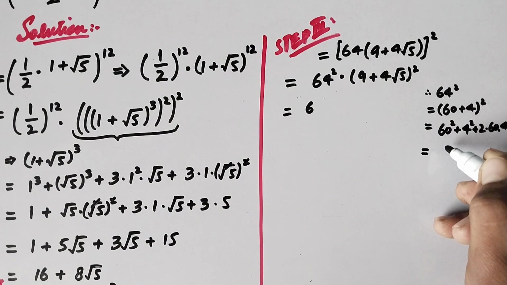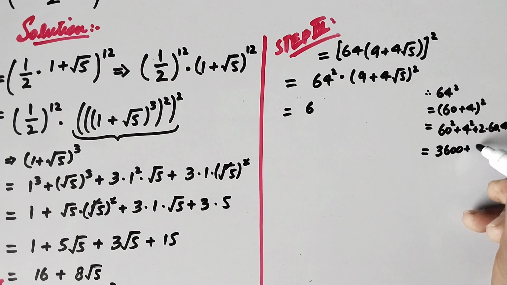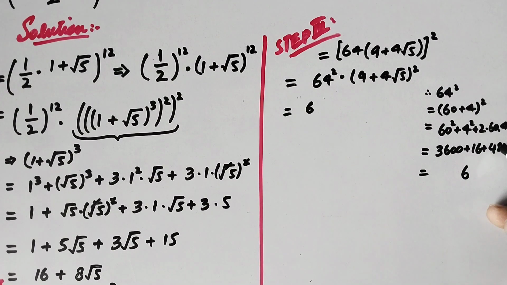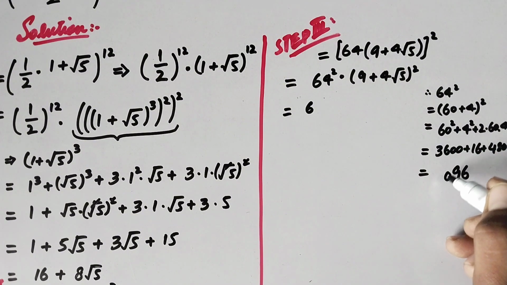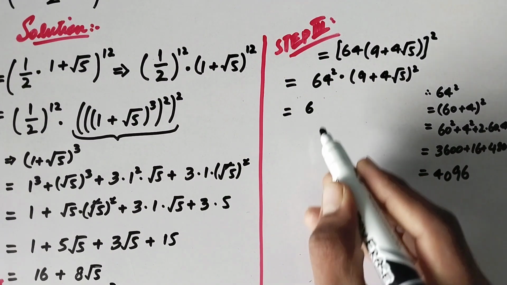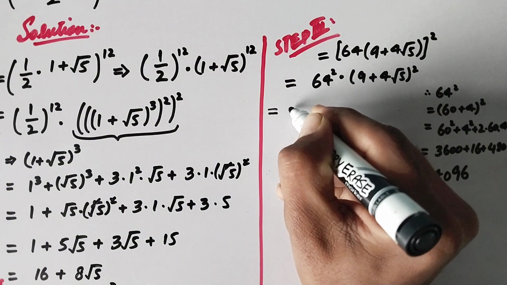So 60 squared is 3600, plus 4 squared is 16, plus 2 times 4 is 8, and 8 times 60 is 480. Adding these, we get 4096. So this 64 squared is equal to